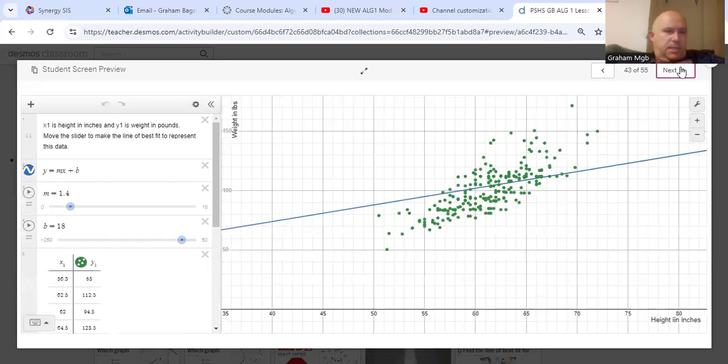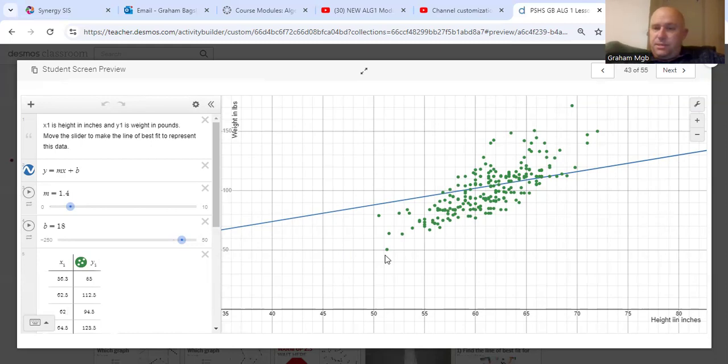Okay. This question talks about x, which it says is the height in inches. We can see that down here. And y is the weight in pounds. Now, notice this doesn't start from 0 because nobody's obviously 0 inches tall. And similarly for the weight, this actually does go down to 0, but nobody's going to weigh 0 pounds either